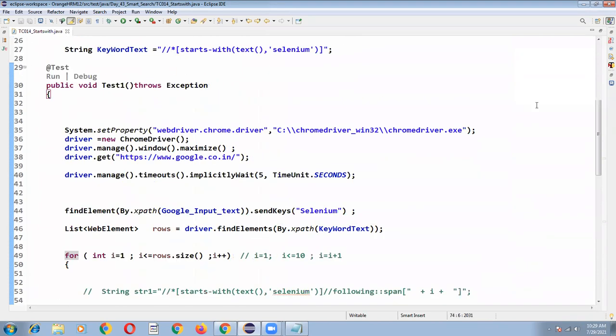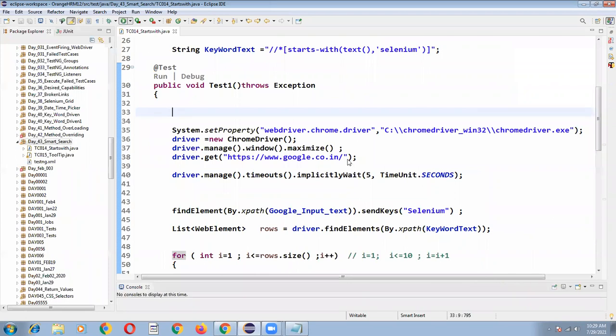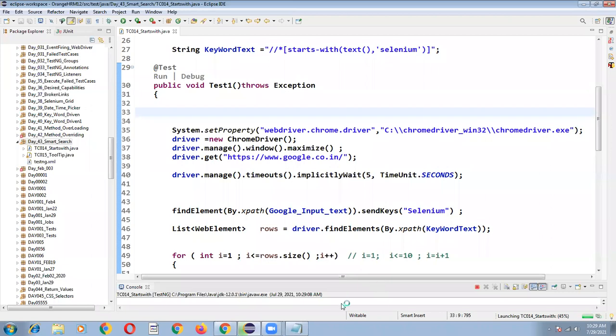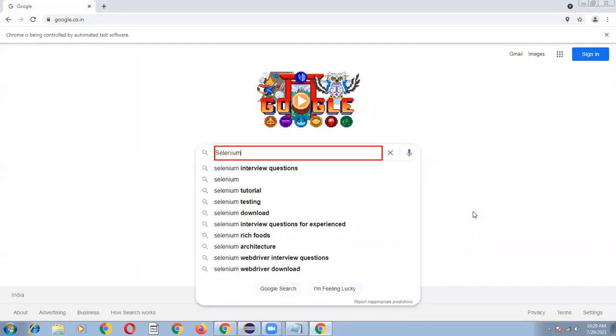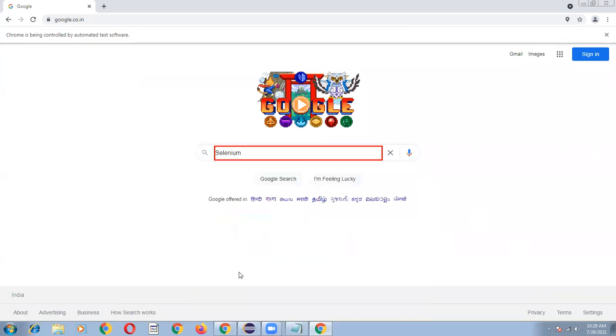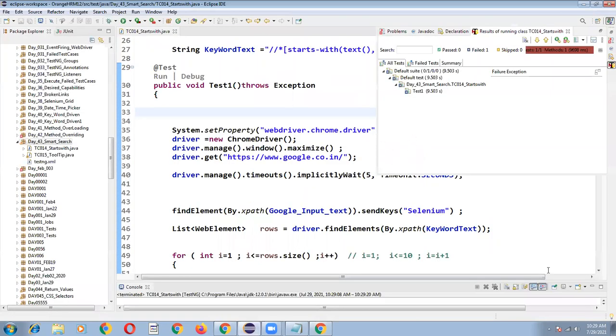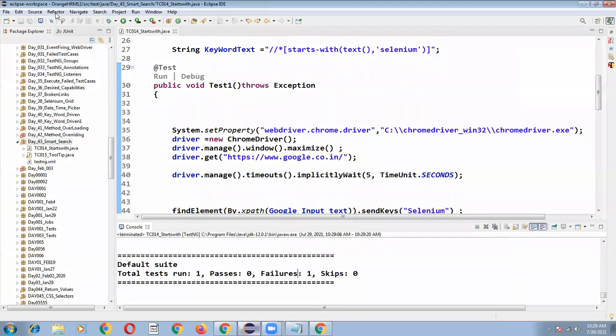So let me run my program and we'll see. It will click directly on Selenium HQ. Okay, one second. There is no Selenium HQ. One second. What? Okay, I have to type the value as Selenium, capital S, small s.